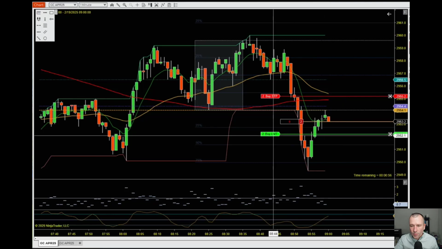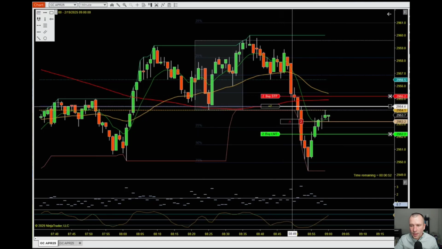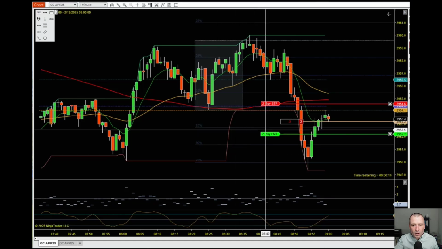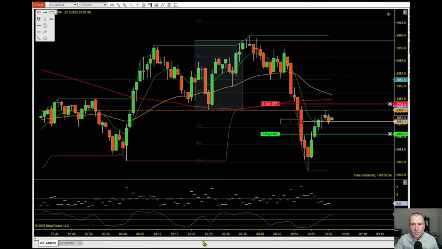Do I have this sped up? Let me see. I thought I did. Yeah, it's currently going 2x. Let's skip ahead here. You can see I didn't get my entry moved up. I should have been trailing this candle. I didn't get there. You can see immediately we end up getting a little bit of resistance. It does come down a little bit,